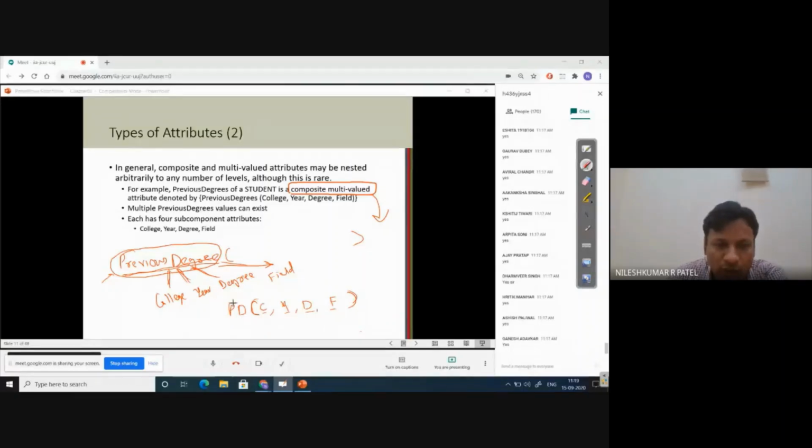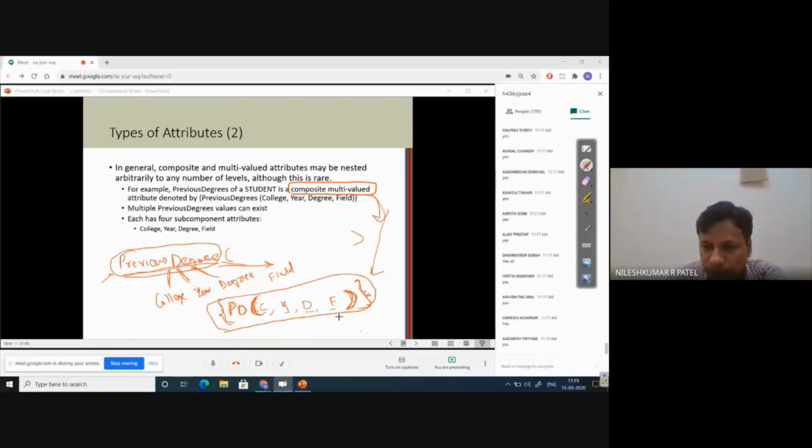And as you know, previous degree is also a multi-valued attribute, so we can keep this inside curly brackets. What does this mean? The parenthesis represents the composite attribute, and the curly bracket outside represents the multi-valued attribute. We call this type of attribute a composite multi-valued attribute. Is it clear, all of you?